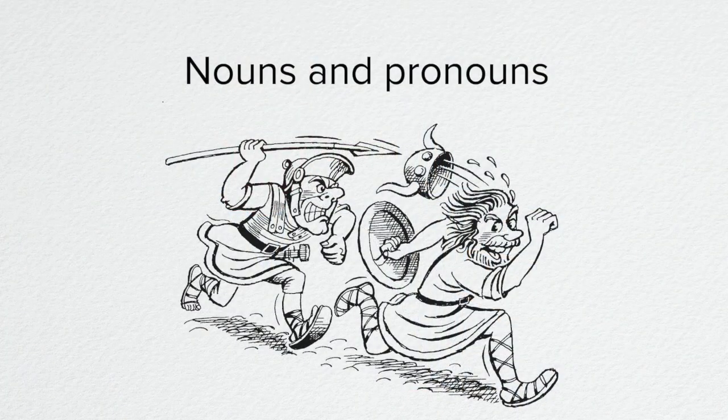Today we're going to be talking about nouns and pronouns. A noun, you may remember, we were taught when we were young at school, is a naming word and refers to a person, a place, a thing, or a quality. A person, like Michael, a place, like London, a thing, like chocolate, and a quality, like fear. All of those words are nouns.